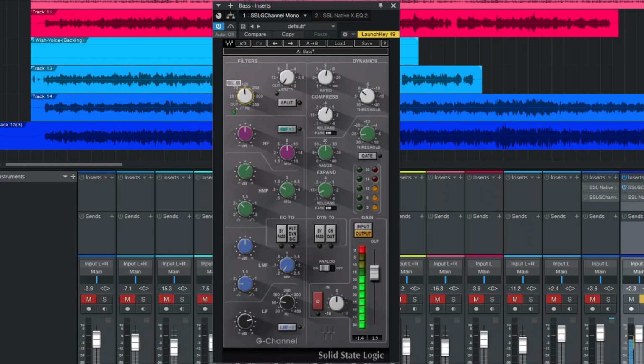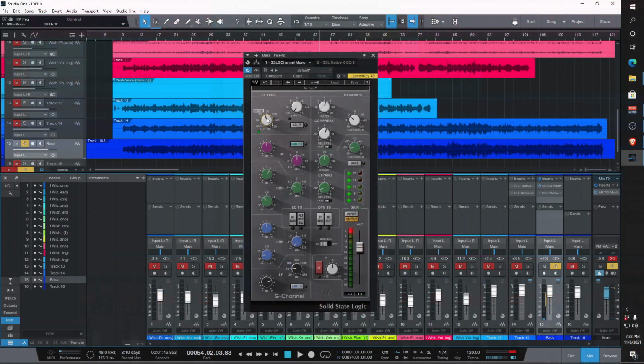We can go up a little higher, and then you'll start hearing more of the bottom drop out the higher that I go on the high-pass filter frequency. Obviously, that gets too high. So what you want to do is use your ear to find out where it's cutting the boom, and all the muddiness. When I say boom, the rumble, where it cuts it,